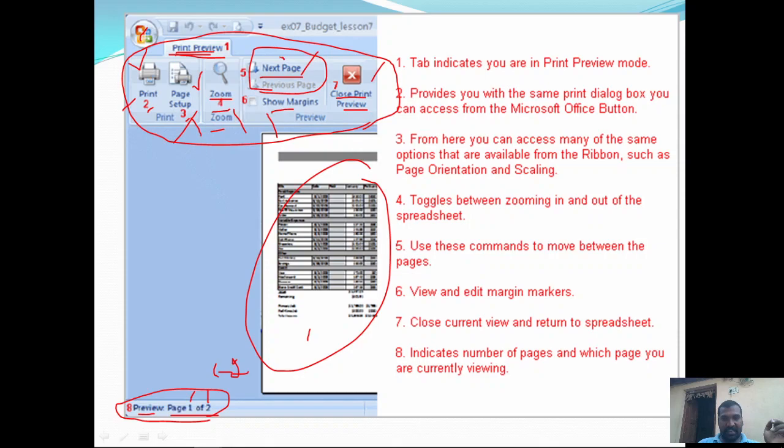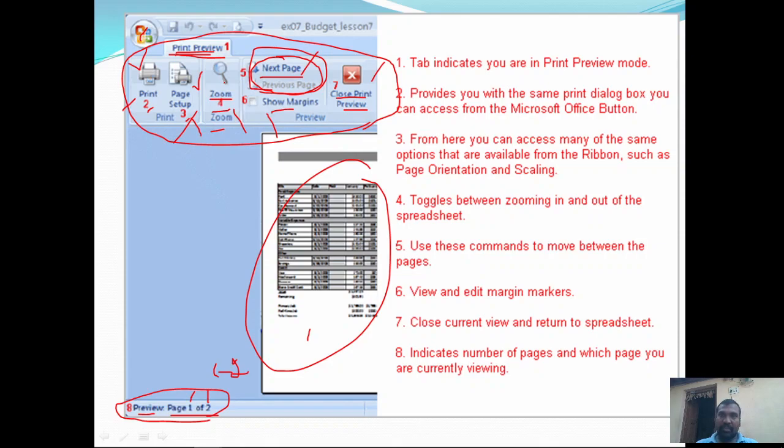The next ones are the next page and previous page commands. These commands are helpful to view the previews of various pages that are available in the worksheet. A worksheet contains several pages. The print preview of one page is viewable at a time.